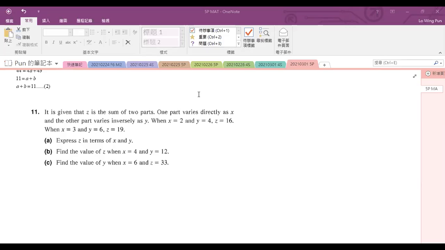But we have fraction, and we do not like fraction. And this fraction is adding to some other terms. So we cannot just multiply the 4 to the left-hand side. We need to multiply 4 to every term in the equation. 16 times 4 is 64. And then 2A times 4 is 8A plus add